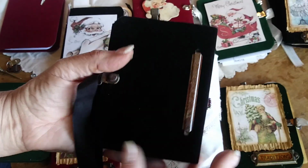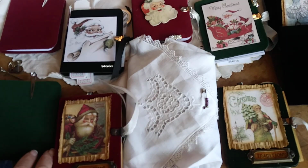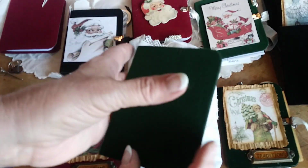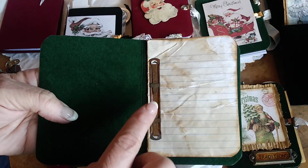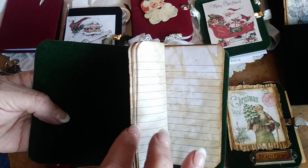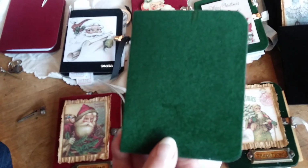velvet book that I make, and what started it was, this is a green one, but I sent a black one like that, just plain with what I call the vintage style. It has the rusted metal prong fasteners, and then it has tea-dyed papers. So what I did was, I had a customer, D, who